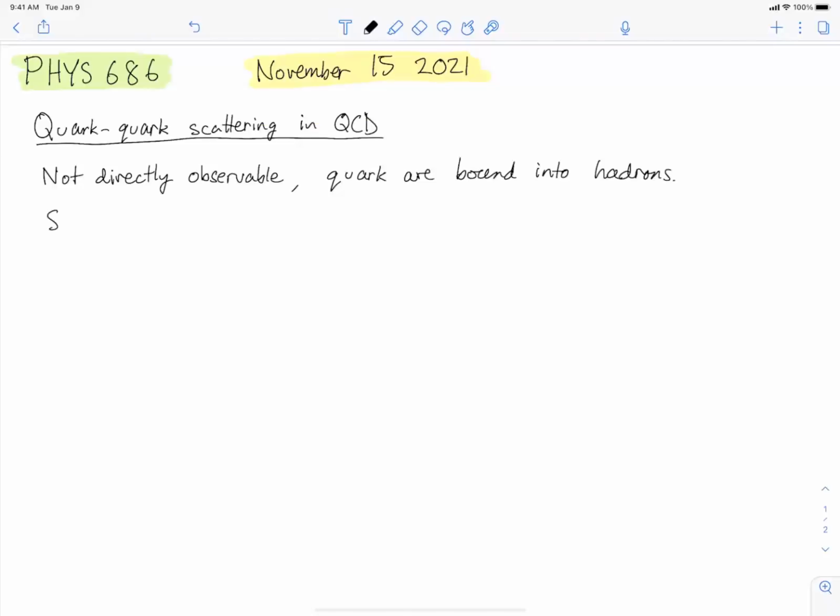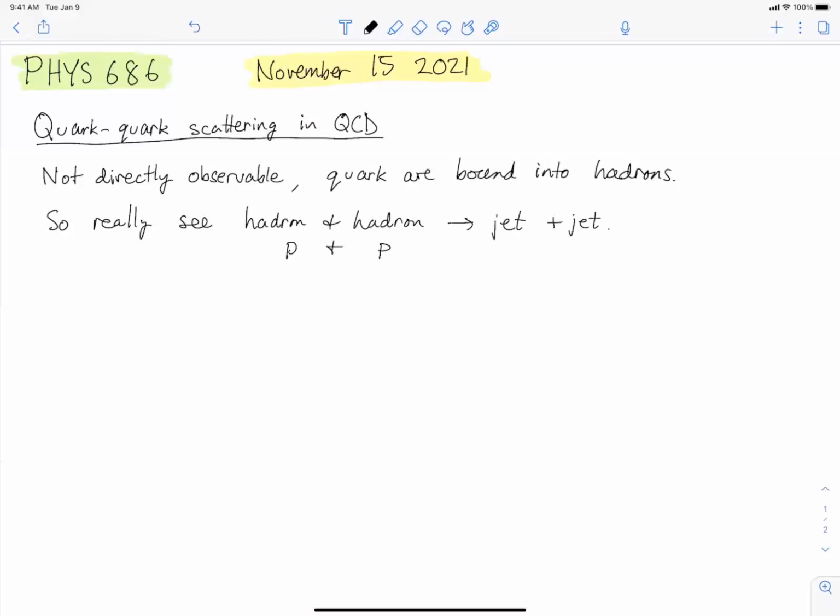In fact, what we really see is that you have two hadrons, let me call it hadron plus hadron, because it's usually proton proton or proton antiproton. Okay, so P plus P, for example, at the Large Hadron Collider. And you get out a jet of particles and another jet of particles that are coming from the final state